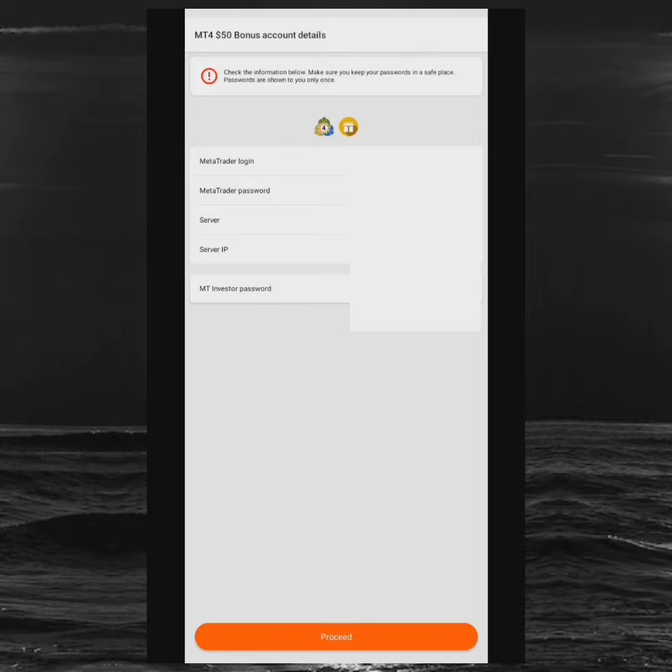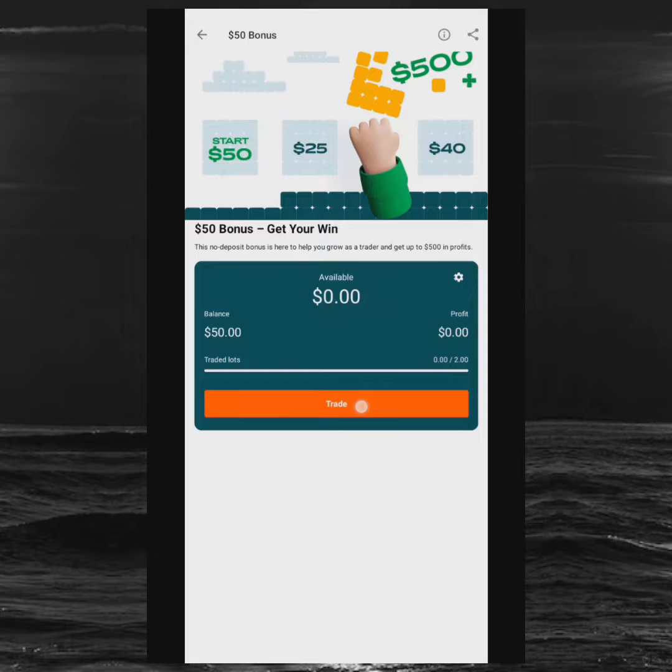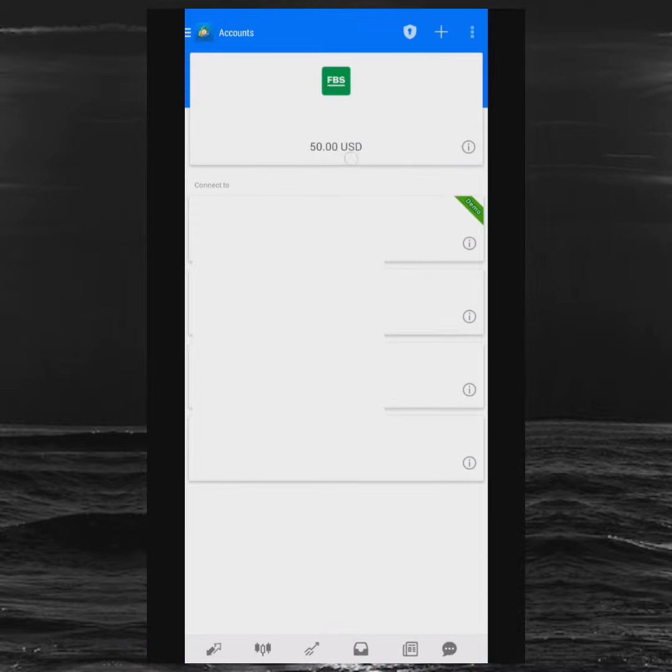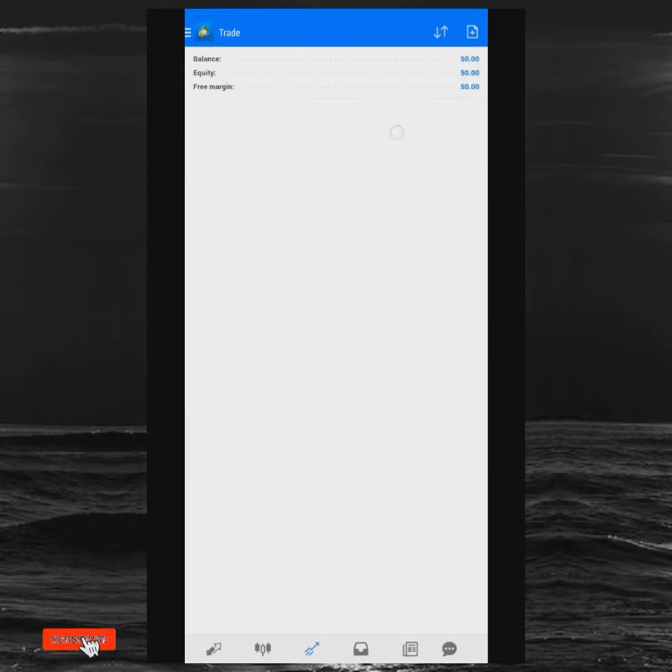So we have the MetaTrader login, we have the MetaTrader password, and the server. We click on proceed. So we've been given $15 in our account, so we click on trade. So we have been taken to MT4 login, so we have to log in. So we've been given the $50 bonus to trade. So we have to make up to $25 to $500 and transfer to our real